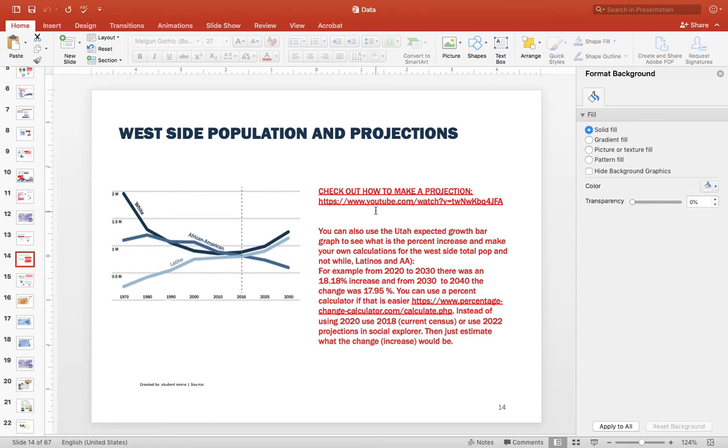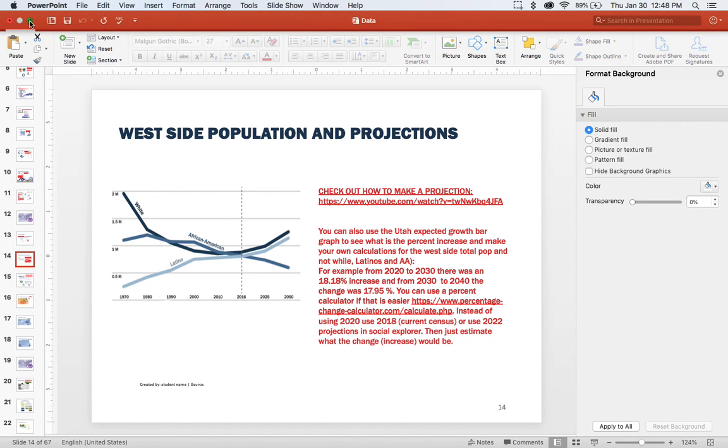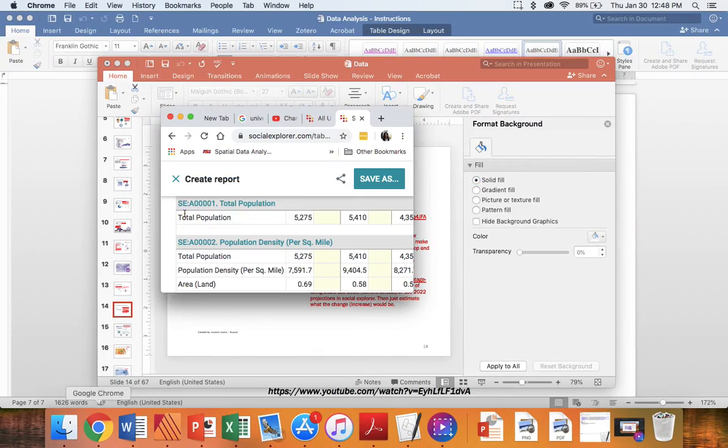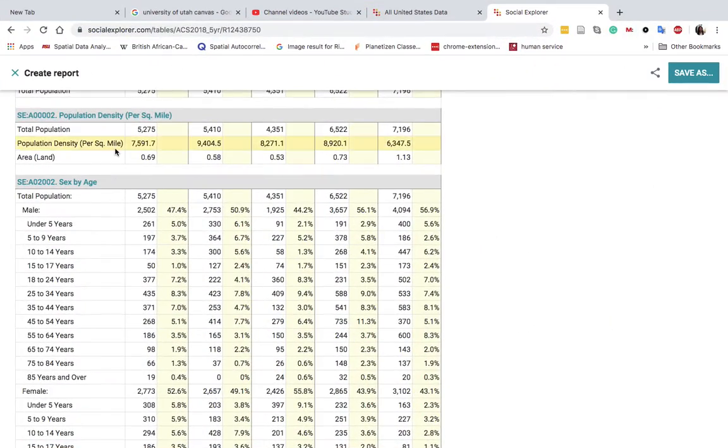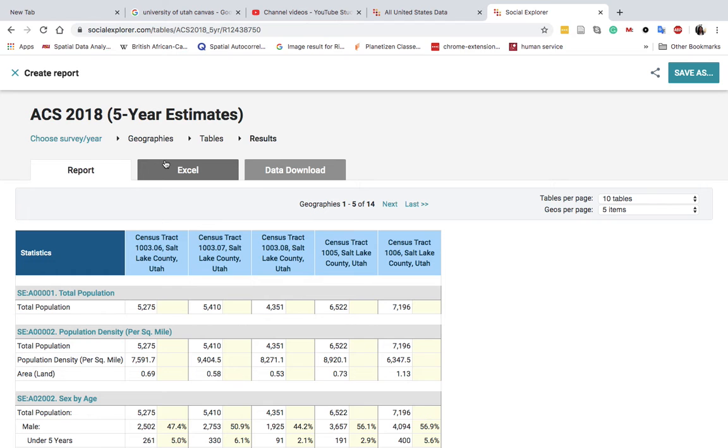And then here the idea was to look at the total population. So you only have to do a total population chart. This example is a little bit misleading because it shows African American, whites, and Latinos. But what you want is just the total population. So to do that, you will go back to Social Explorer, and